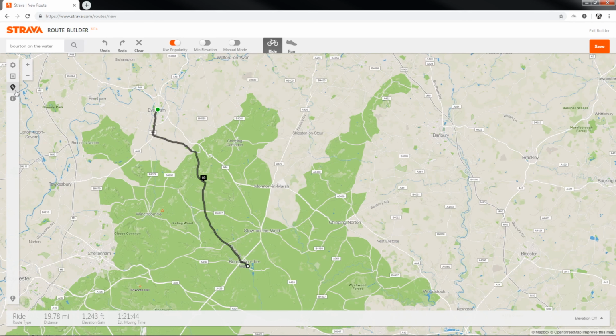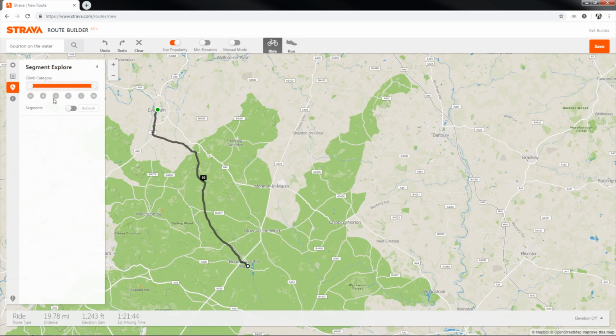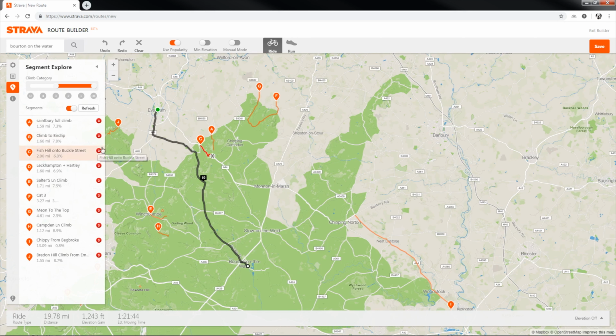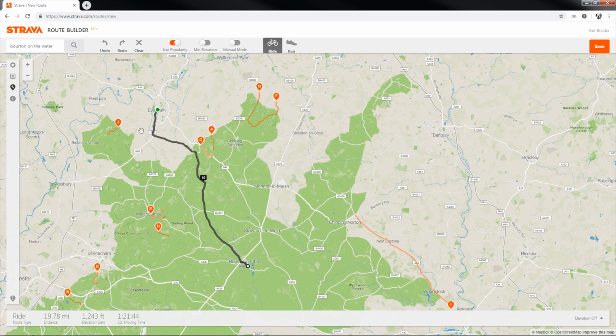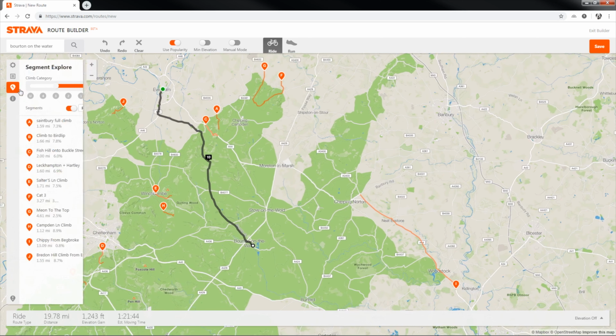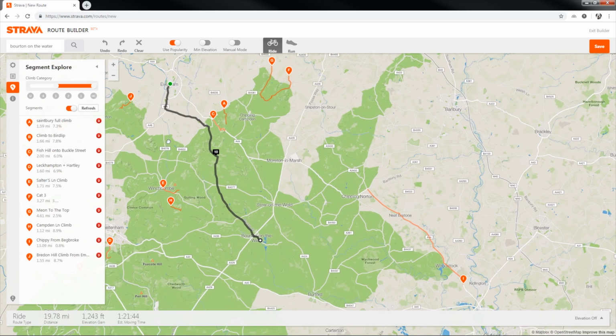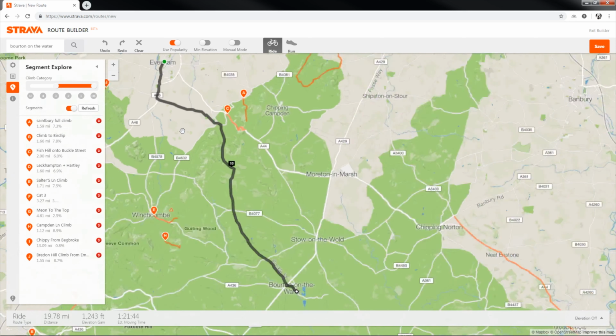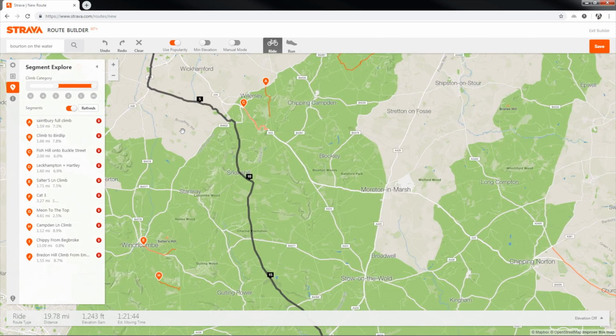Over here there's a little button that you can turn on or off. So if you're going out looking at doing some climbing and want to include hills of a certain category, you can select to view them using this option here. Just drag the slider, so we want category 3 and above, switch on the view, and there we go. It's now showing, let's bring that back out again, it's now showing hills of category 3 and above on our map. If we zoom in,